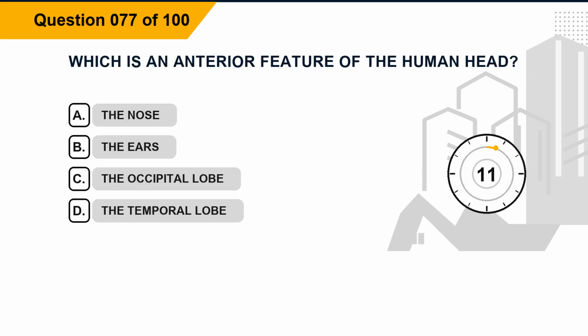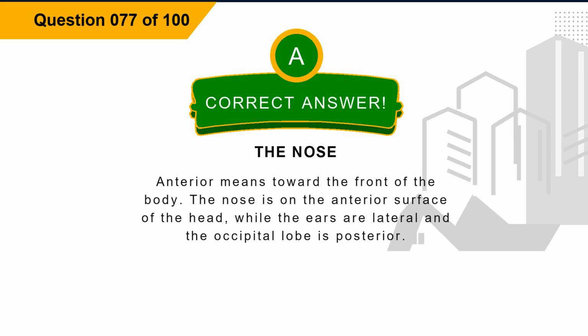Question 77. Which is an anterior feature of the human head? Option A, the nose. Option B, the ears. Option C, the occipital lobe. Option D, the temporal lobe. The correct answer is option A, the nose. Explanation: anterior means toward the front of the body. The nose is on the anterior surface of the head, while the ears are lateral and the occipital lobe is